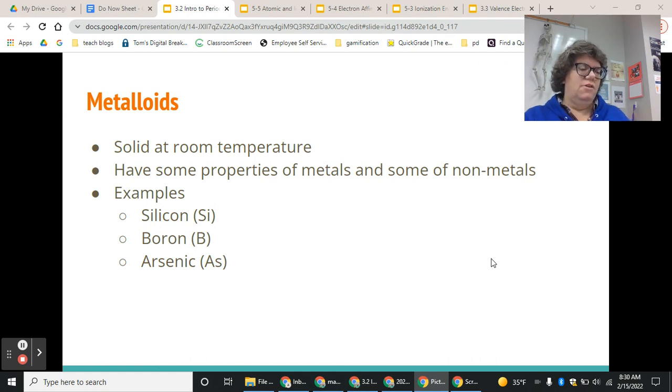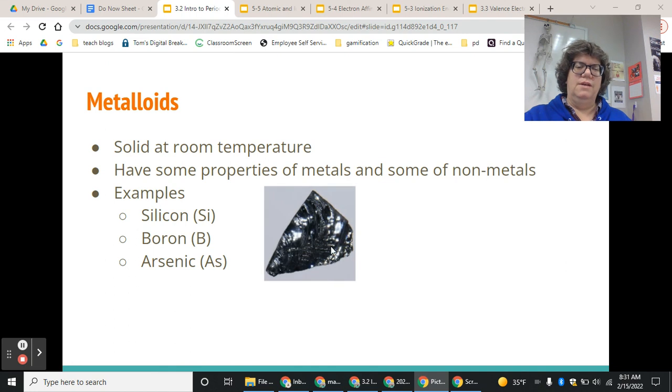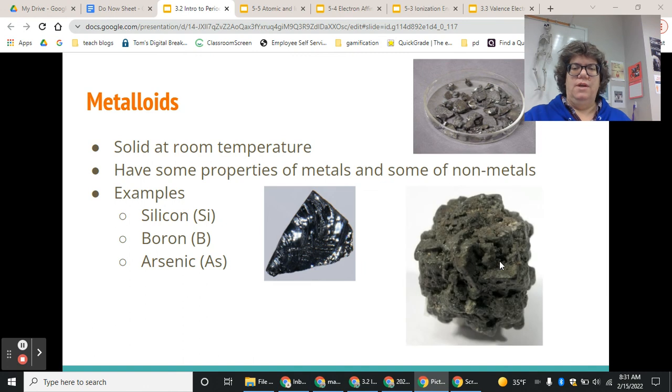So if you flip over to the other side of your notes, there are elements called metalloids. They are basically in between the metals and the nonmetals. They're all solid at room temperature, and they have some properties of metals and some properties of nonmetals. You can see a couple of examples there. That's silicon. It is super shiny, so that does have that property of a metal, but it's not very malleable. It breaks apart pretty easy. And then boron and arsenic. But those are the metalloids, and you will see where they are on the periodic table as you do your